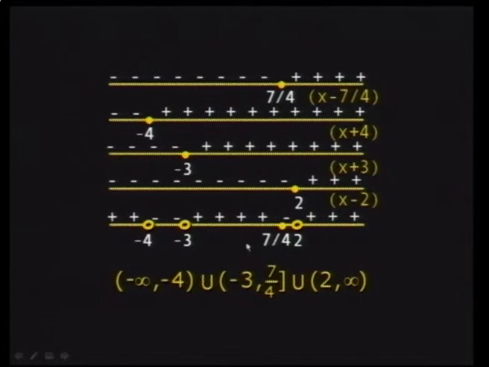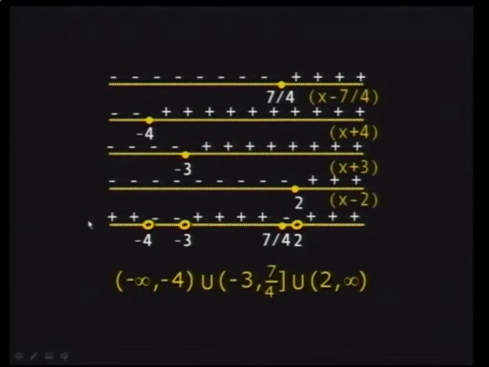Here we realize that this is a bold point, whereas here we have holes. Why? Because we cannot divide by neither 2, neither minus 3, neither minus 4, because they are roots of denominator. So we cannot include them in the domain of this particular function. Whereas it's also positive here, here, and here. So you can directly say that the domain of this function is the union of these three regions here,